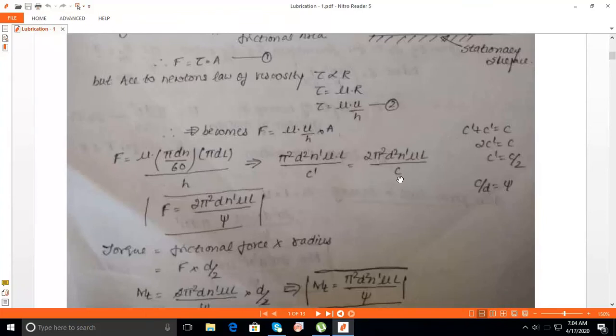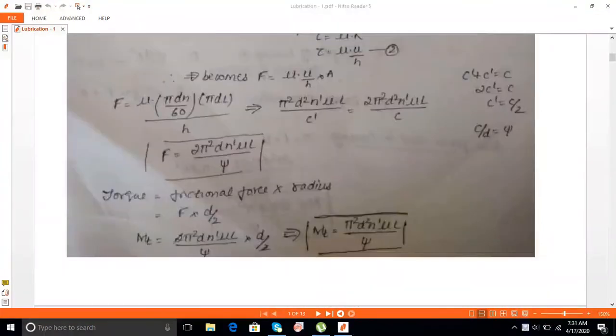So replacing with the diametrical clearance, that means full clearance, c dash plus c dash is equal to C, so 2c dash is equal to C, and c dash is equal to C by 2. So I can replace c dash as C by 2. So we can get an expression for the frictional force, which is equal to 2 pi square d n dash mu